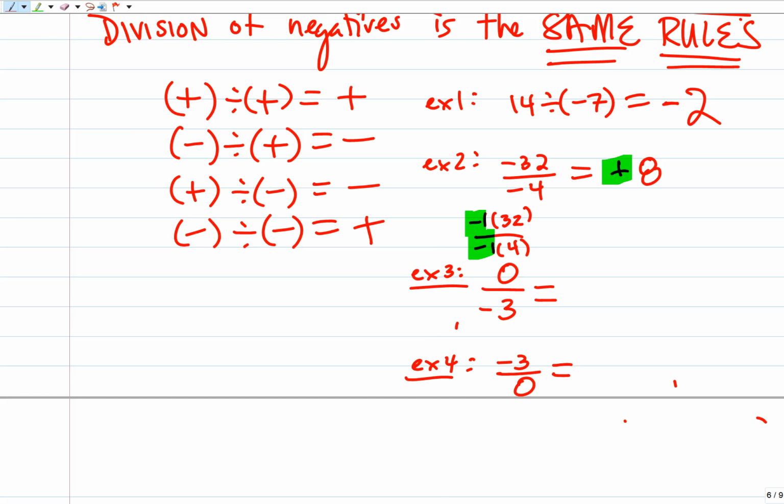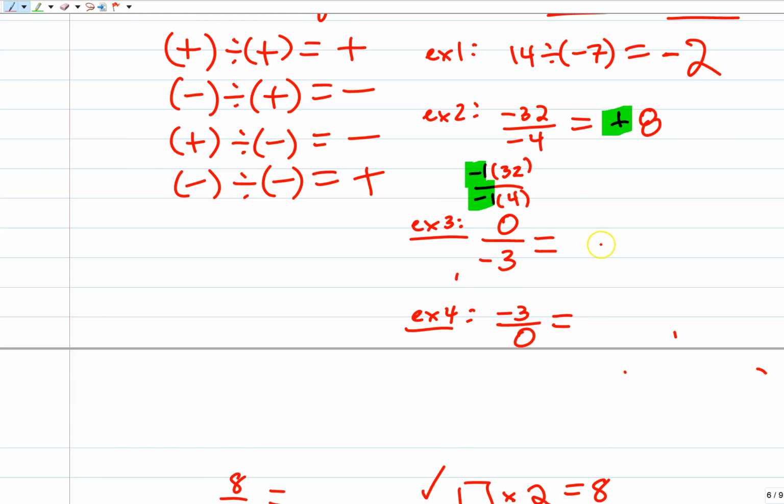There's one. What is 0 over negative 3? What is negative 3 over 0? I always do this. This is called,